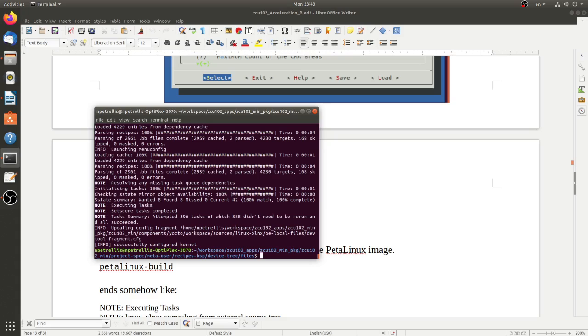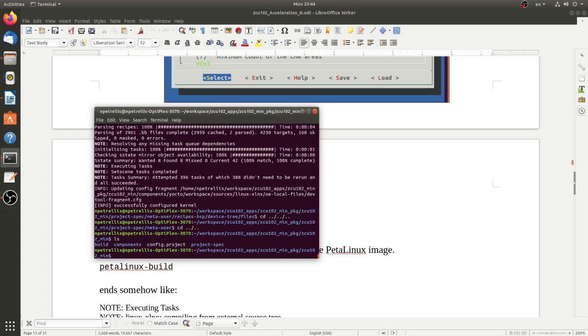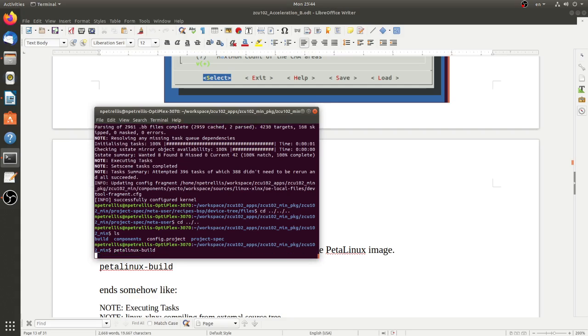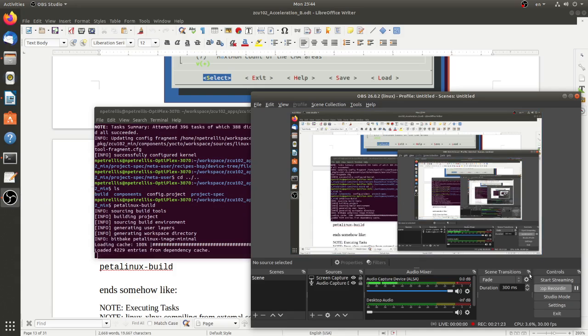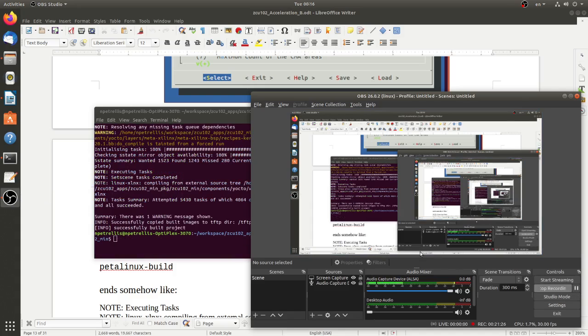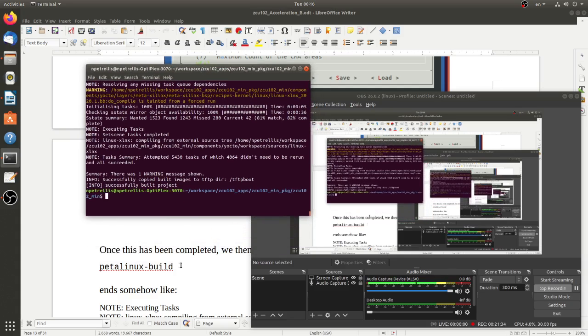That will build the project and it will take some time, so I will have to pause the video for a while. Petalinux, it may be better to return to the root directory of the project. Here it is, so I run petalinux-build and we wait. Okay, now that petalinux-build has finished successfully,